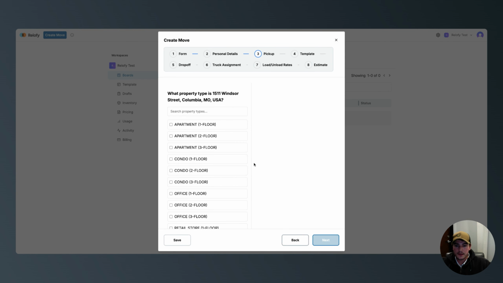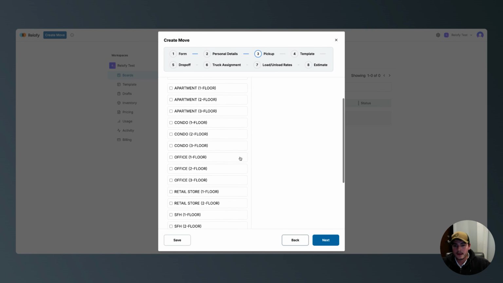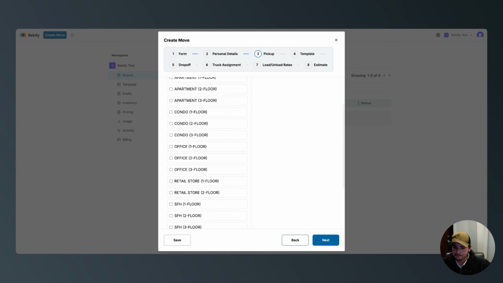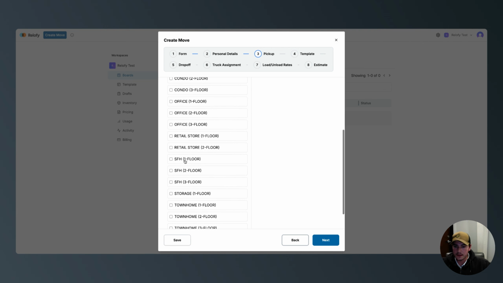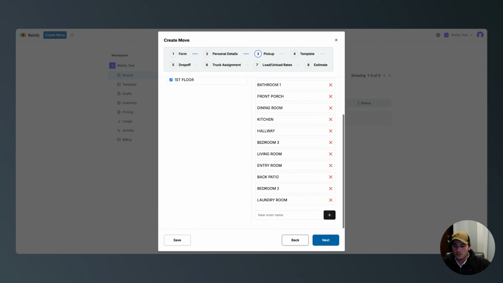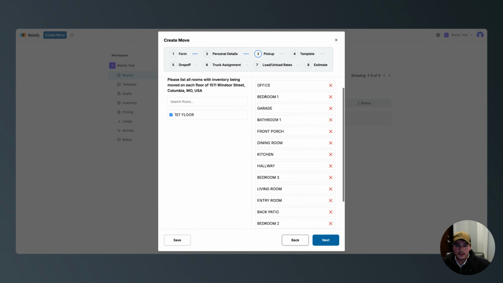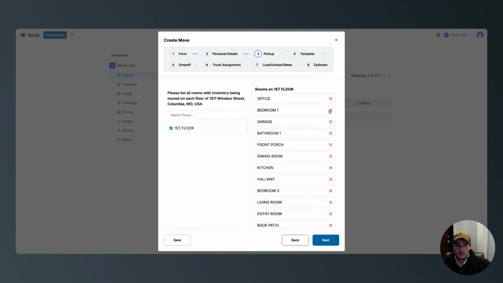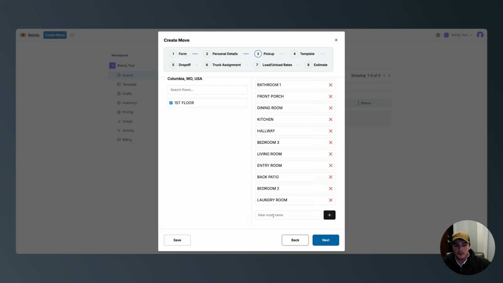On the next page, we'll specify what property type that pickup location is. In this case, we'll say it's a single family home, one floor, meaning that there are no stairs. Over here, it will auto generate all of these rooms that would be in each different property type. These are all editable, so you can click this red button on the right to delete a room, and you can also put in a new room here at the bottom by typing in the room's name and hitting this